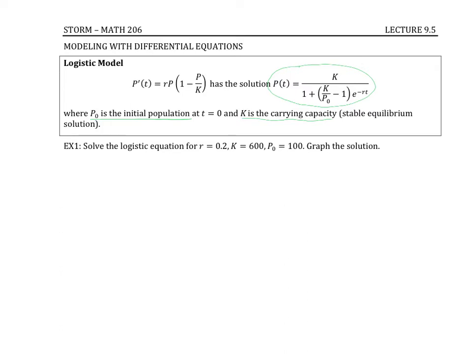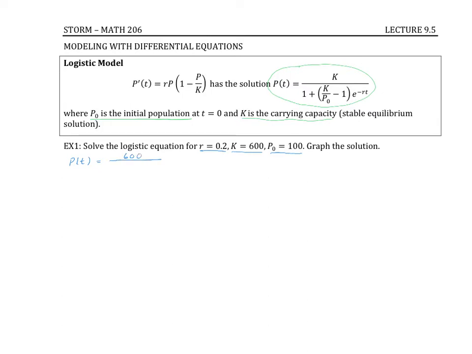In example 1, we want to solve the logistic equation, and here we have r is 0.2, our carrying capacity K is 600, and our initial population is 100. And then we're going to go ahead and graph the solution. So this is simply a substitution. Our population at any time t is going to be 600